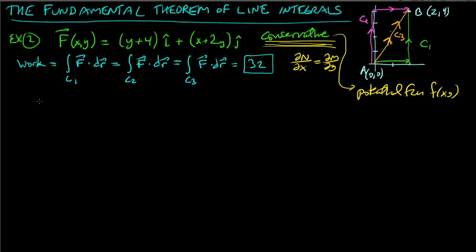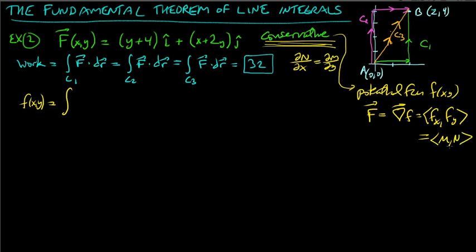We can find that function, little f. So remember what the potential function is. It's the function such that if you take the gradient of little f, you get the vector field capital F. The gradient, of course, is just the two partial derivatives with respect to x and with respect to y. Those are the components of the vector field. So to get little f, we just have to integrate the M. We usually call this M and N here. So we integrate M with respect to x,